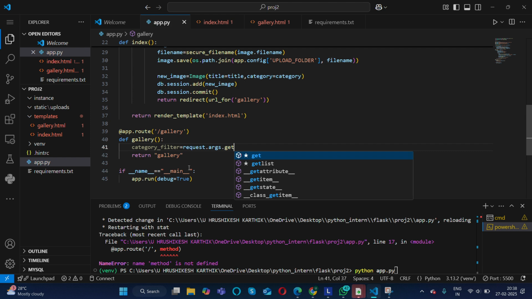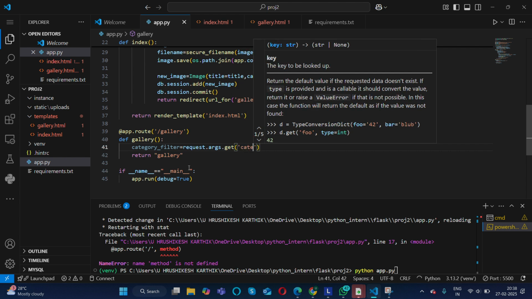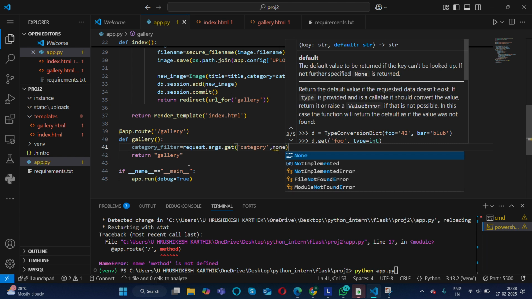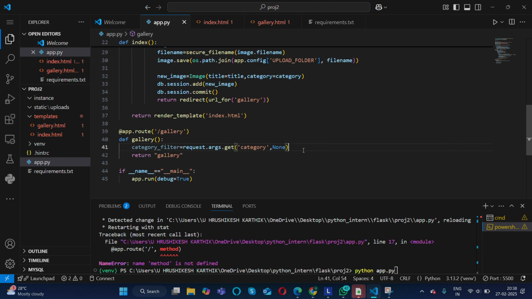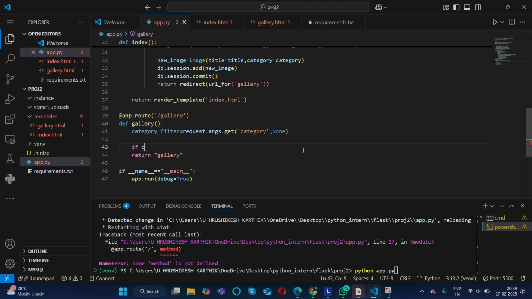So these are the basic syntaxes. Actually I'm using it directly. Category filter exists only then it should filter the images.